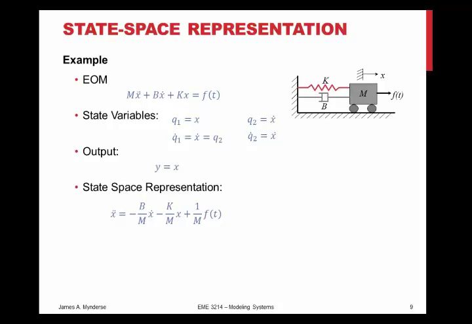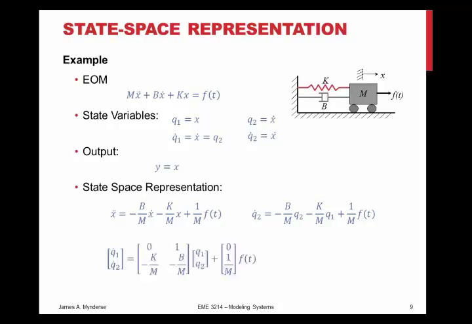And so now if I take that, I can substitute and make it Q2 dot is equal to negative b over m Q2 minus k over m Q1 plus 1 over m f of t. And I can make a matrix out of that. So Q1 dot and Q2 dot, I've got my matrix with a 0, 1, negative k over m, and negative b over m. And the 0, 1 row there comes from the fact that I chose position and velocity, one of which is a derivative of the other. And I've only got my f applying to the second equation there, so there's a 0 in the first part. And then I can write out my